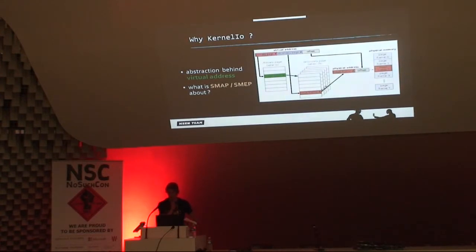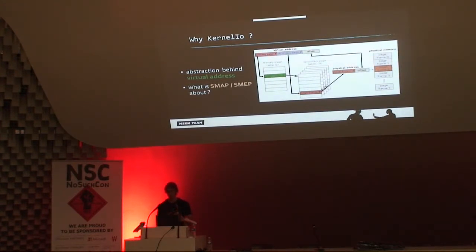But on that side, why do we do some reading to the kernel and try to build some kernel I/O framework? It's because of the introduction of supervisor mode access and execute prevention. Before that, you could, for example, have some vulnerability and rewrite the pointers with some user mode pointer, and use some injection technique which, after the syscall, after switching to kernel, prepares your context, and you can use user mode memory for owning the system. It was quite okay. But with these two features, it becomes quite complicated. But when you look at it from the outside,